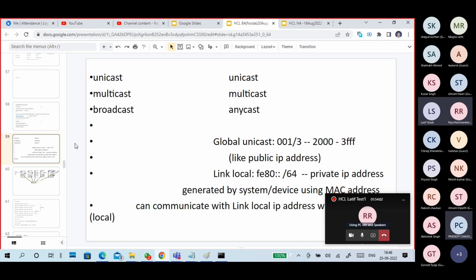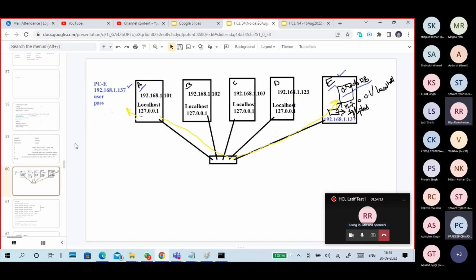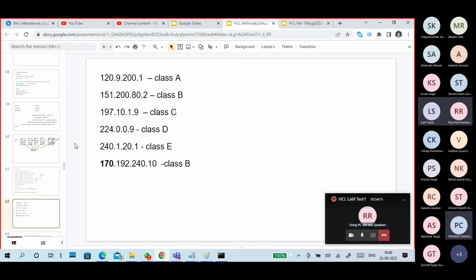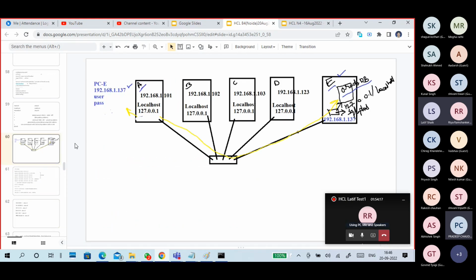A global unicast address is a public IP address to communicate in the public. Not only these two, there are private IP and multicast IP addresses also. Okay, so the next part is